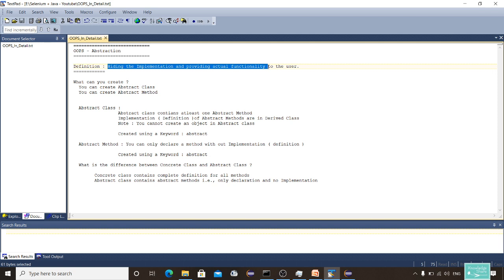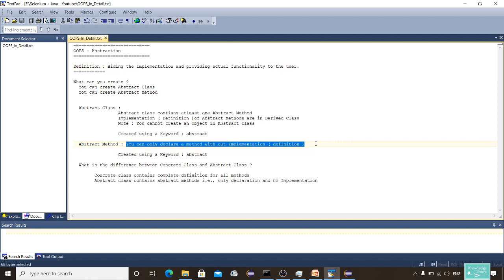We can create an abstract class, and we can create an abstract method also. When you have an abstract class, it should contain at least one abstract method. Again, what is this abstract method? It's just a declaration of a method without any implementation or definition.